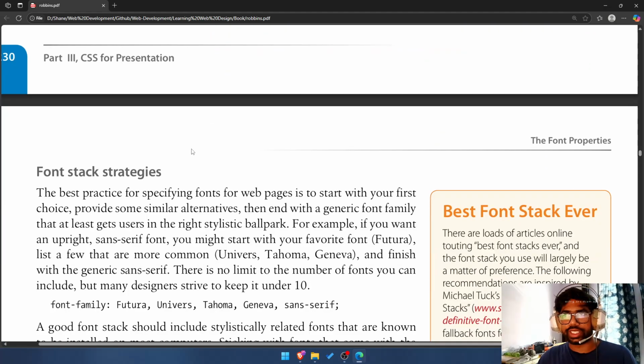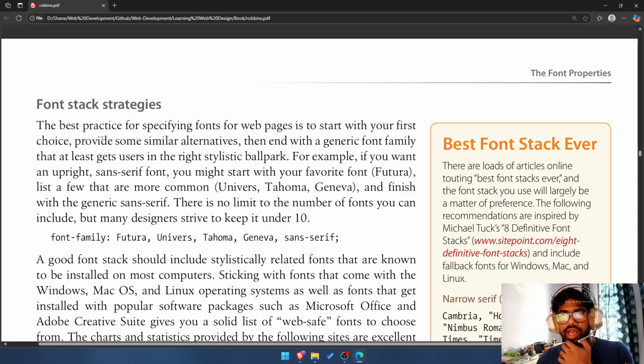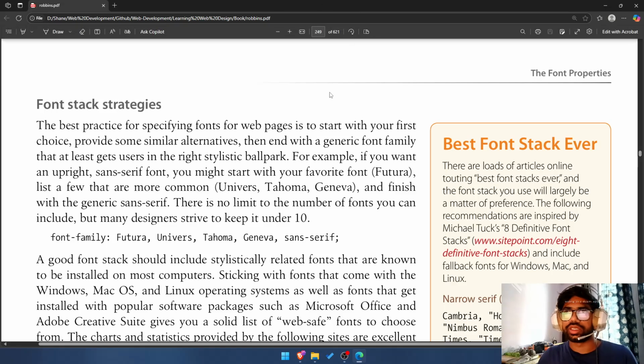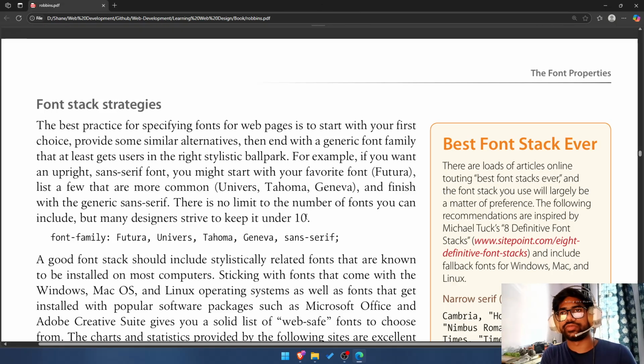Okay, font stack strategies. Right. The best practice for specifying fonts for a web page is to start with your first choice, provide some similar alternatives, then end with a generic font family name. That is, at least a family that gets users in the right stylistic ballpark. For example,